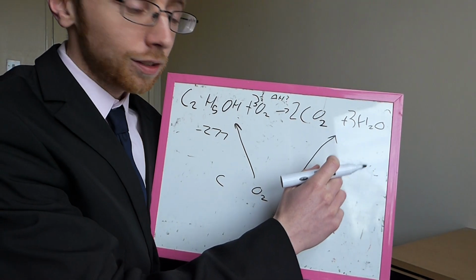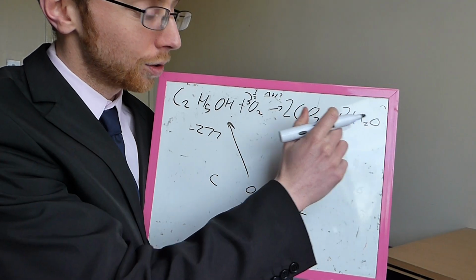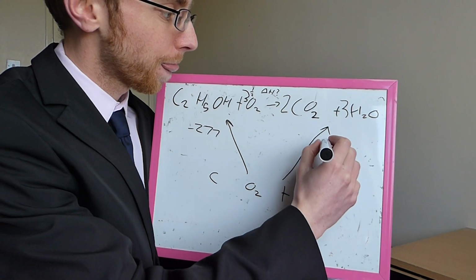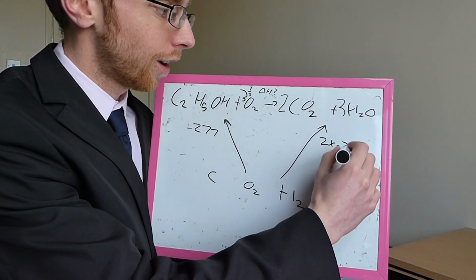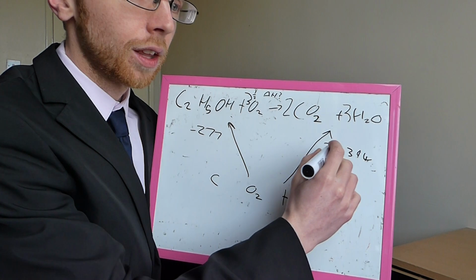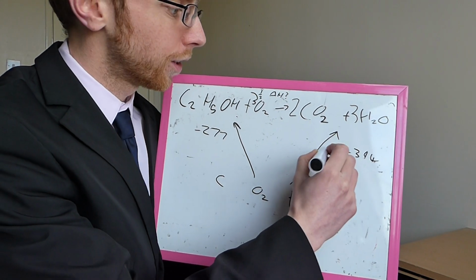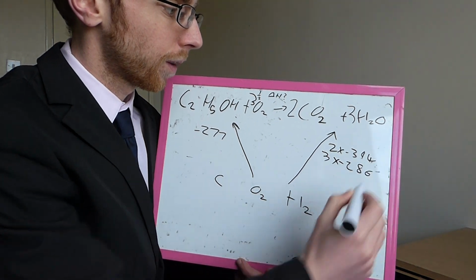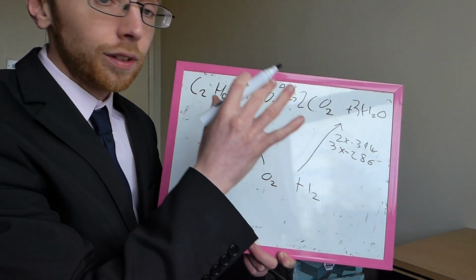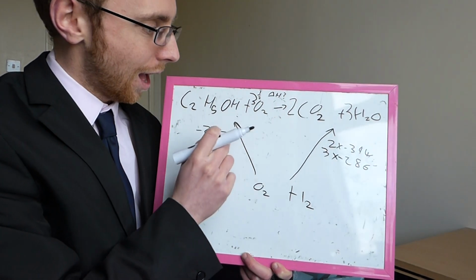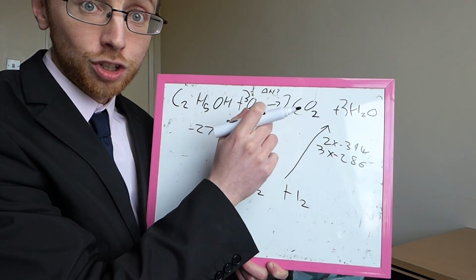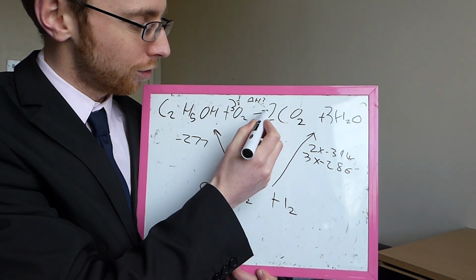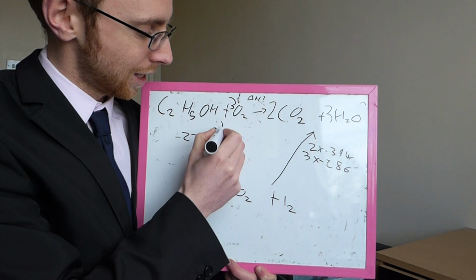The enthalpy change of this, well, it comes in these two bits, these two compounds here. And we've got, for the CO2, 2 times minus 394. And we've got 3 times minus 286. Now, I can use Hess's law and this information to work out this enthalpy change. Hess's law states that the enthalpy change for this route must be the same as